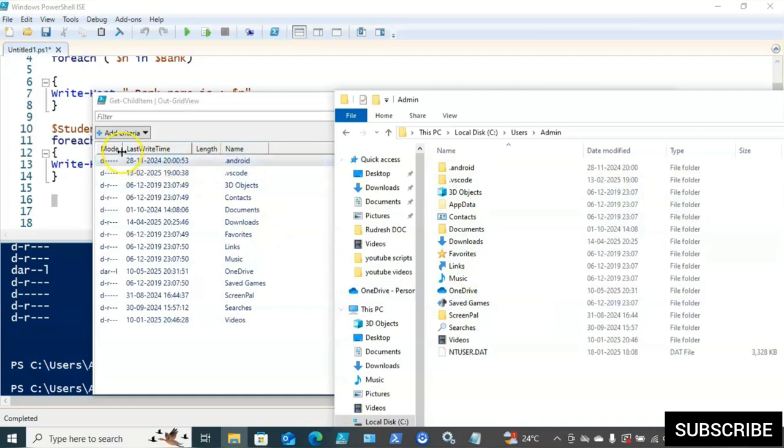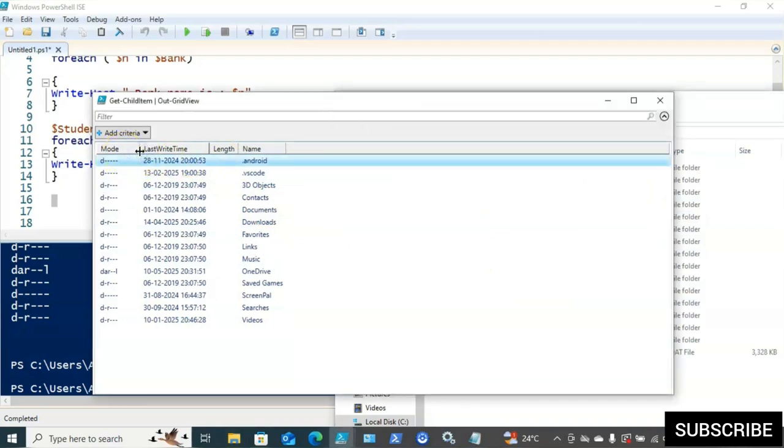Along with that, what type of access you have, it is going to display that also. Mode is nothing but what type of access you have on that particular file or folder, like read access, write access. That is going to display here inside Mode. And then LastWriteTime indicates the last time it was modified, so it is going to display that information. For example, to make it more clear, what I will do is